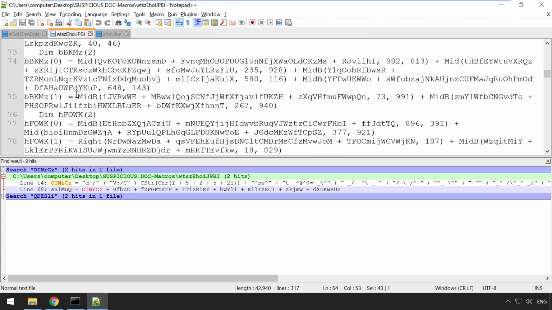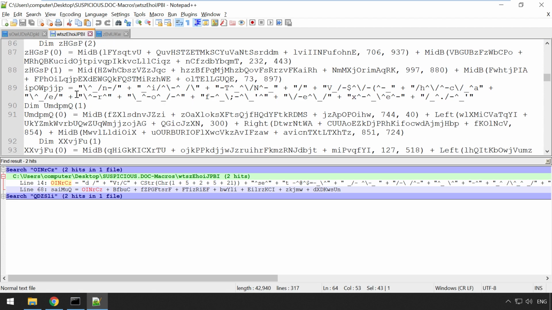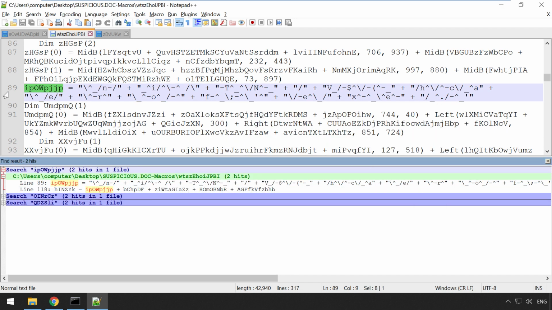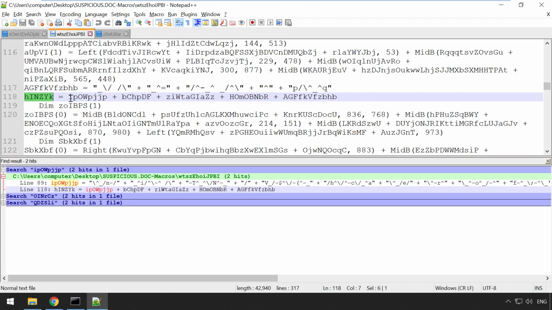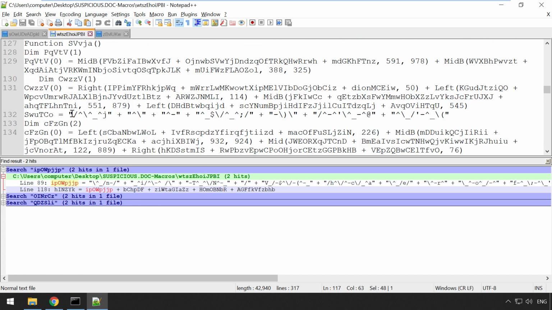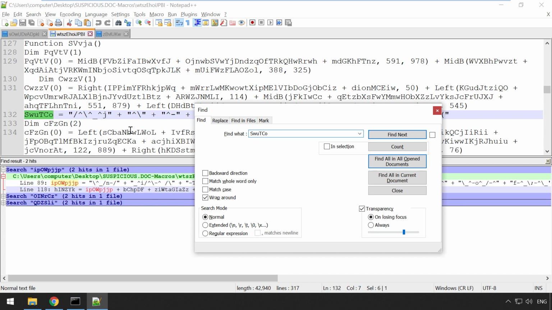And if we go down, we can see more of these. Similar sort of obfuscation hidden between this junk code. We can search for that. And again, we can see it's in line 89 where we are, and line 118, which again is more concatenation of these strings. And you can see that last one there. So really, we can keep going down. In the end, we see that these variables,